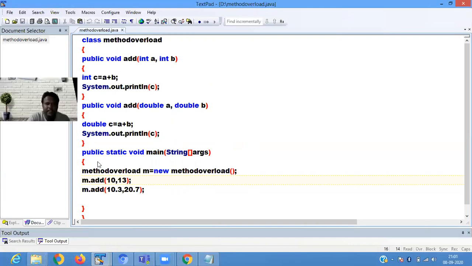As we pass 10 and 13, it moves to the int add function. As we pass 10.3 and 20.7, it moves to the double one.